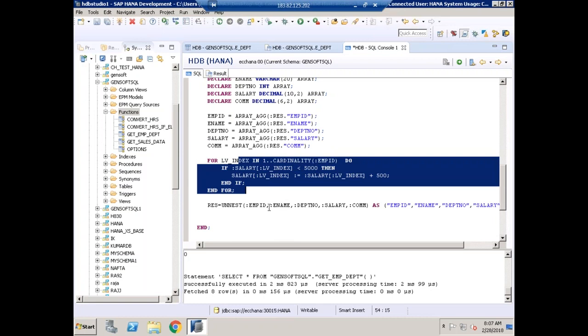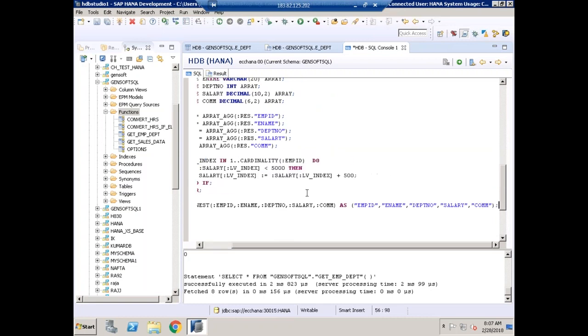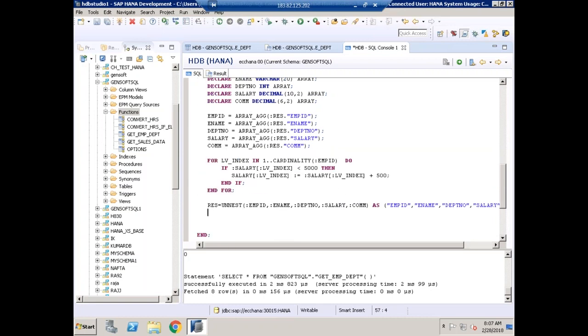So just to demonstrate the purpose of the UPSERT statement, in the employee ID array, at the ninth index, I'll give the employee number as 9. Then employee name of 9, manually I'm hard coding, equal to